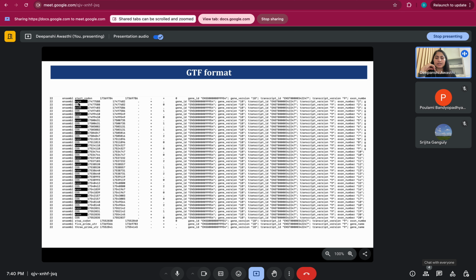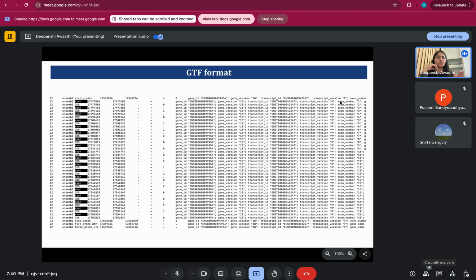In the GTF file it will provide you information of the start codon, from where it is starting. These are the coordinate positions, the position of the nucleotide in the chromosome, and then it will tell you the frame in which it is present. Similarly there are multiple other features telling you about gene IDs, its version, its transcript ID,